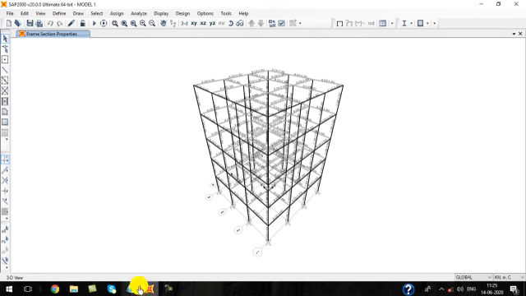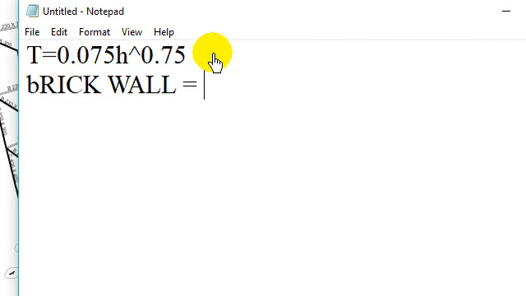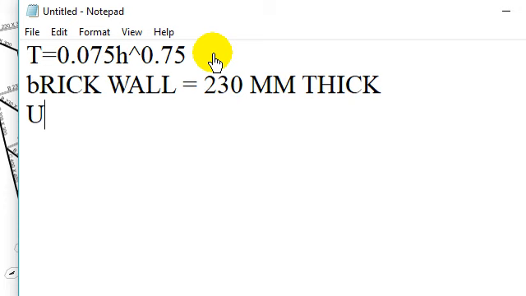So let us consider the brick wall 230 mm thick. Therefore the UDL which should be applied is 0.23 and the story height, that is 3.5 meter.